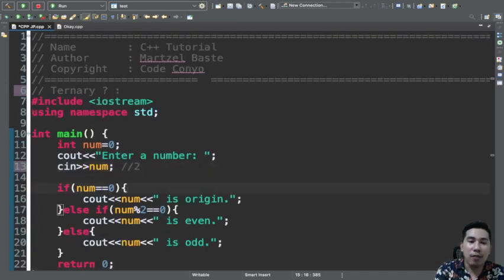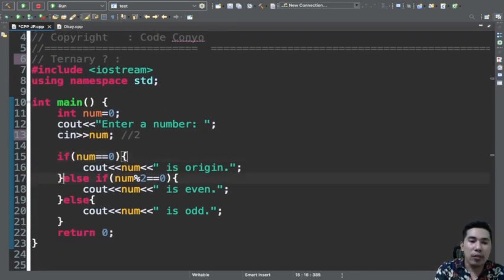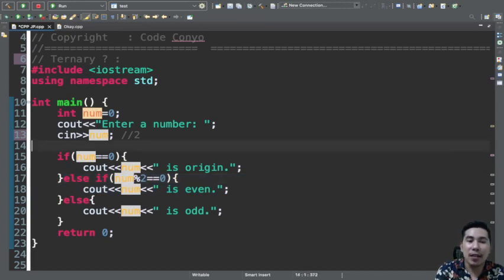That is false. Therefore, it is going to proceed to the next else if statement, where the number entered, 2, is divided by 2, and if the remainder after dividing it is equal to 0,